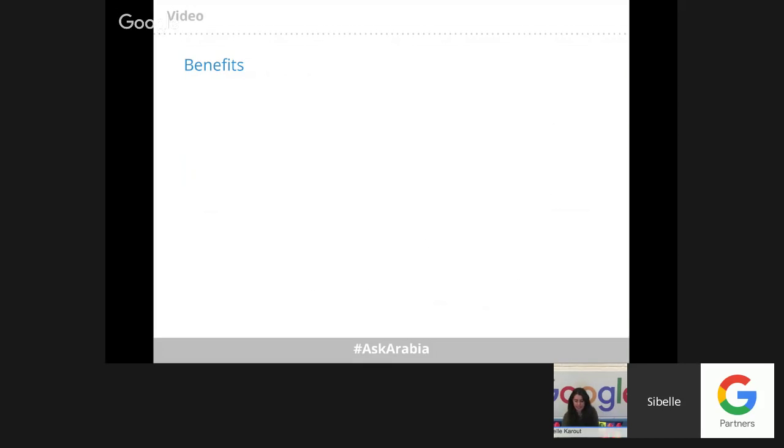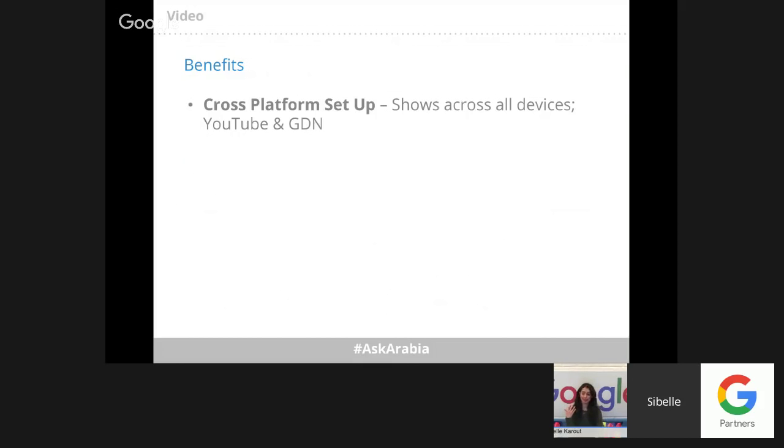As you can see here, after comparing. Now, the benefits. As you can see, there are so many benefits here. Mainly, one of them is that it's a cross-platform setup. It shows across all devices. It shows across YouTube and the Google Display Network, and that is when we're discussing display ads.